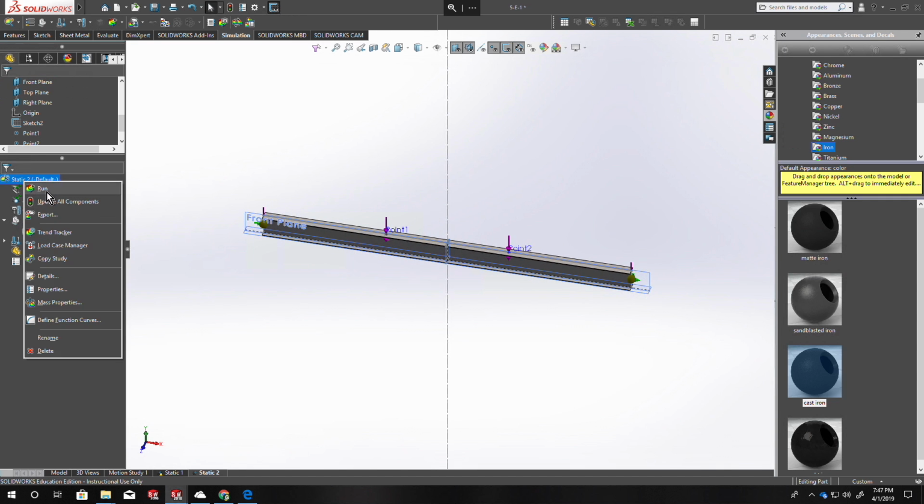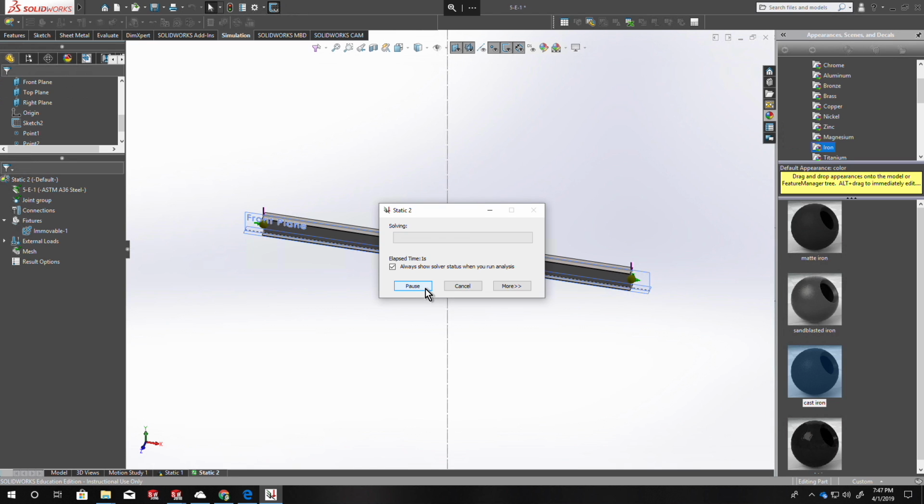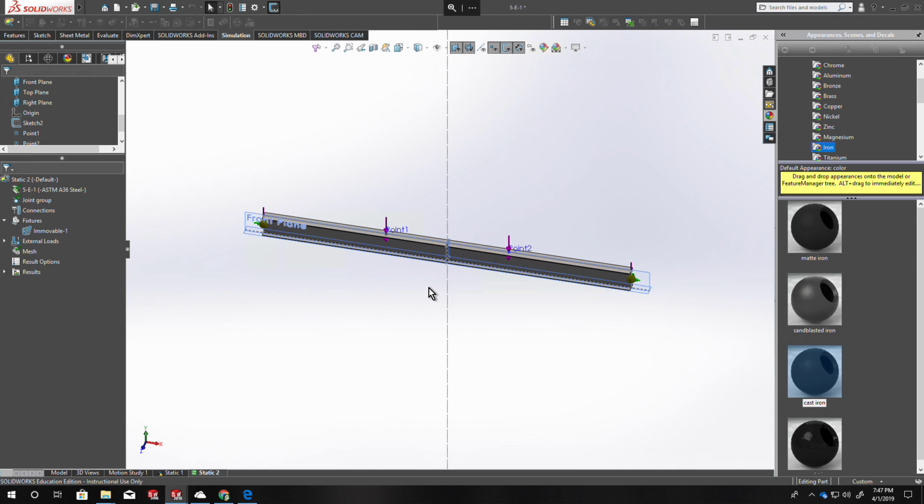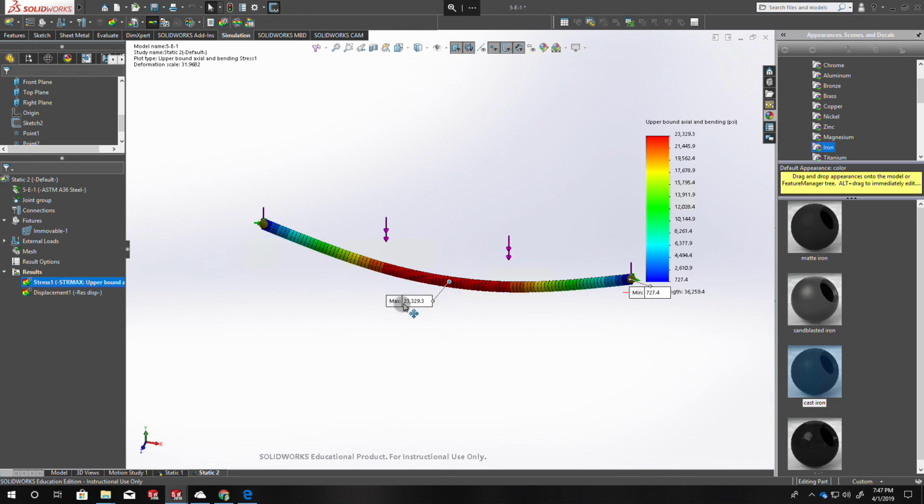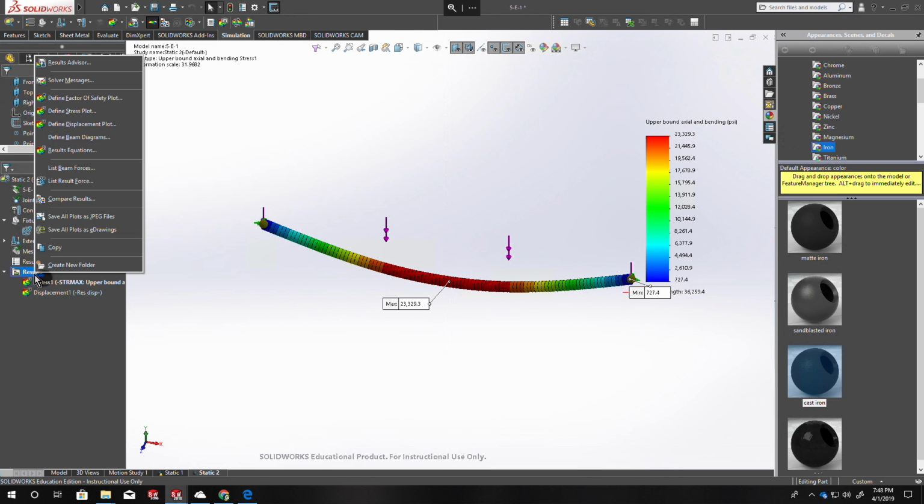Now when I run my study here, you can see my max PSI here is below 24,000. So if this number is under 24,000, then you know your beam's right. You can still run all of your